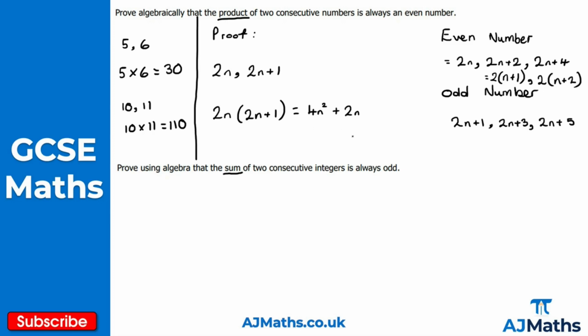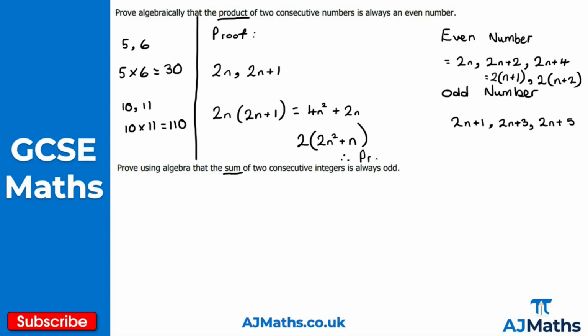Okay, so if we can show that here, basically we can factor a 2 out, then we're showing that's an even number. So factor a 2 out here, which we can do. I get 2 lots of 2n squared plus n there. Okay, obviously you can double check that if you expand this back out, you'll get 4n squared plus 2n there. Okay, so because this is of the form 2 lots of something, in that case it must definitely be an even number. So therefore